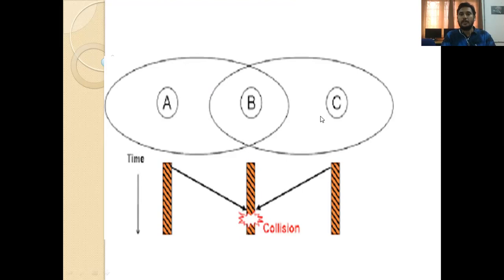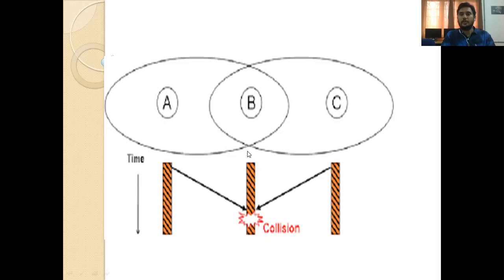So what happens here is, when a terminal checks the medium to transmit data, it shows as empty, because C doesn't know about A and A doesn't know about C, as C is not in the range of A. Whenever A wants to transmit data to B, A starts to send a frame. Again, C wants to transmit data to B, and at that time the medium looks free, so it transmits the data packet. Automatically a collision occurs at B.